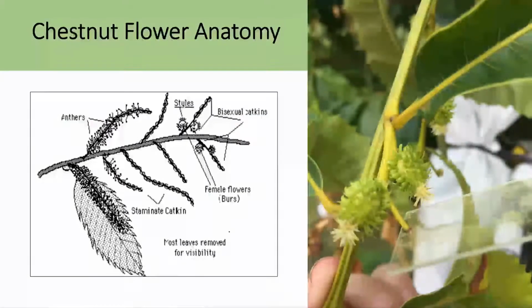So that's where my job comes in. I manage the controlled pollinations for ESF's research team. So we do these every summer. We try to incorporate as many new mother trees as we can. It's always really exciting at our research station when a new tree is able to produce female flowers, because we